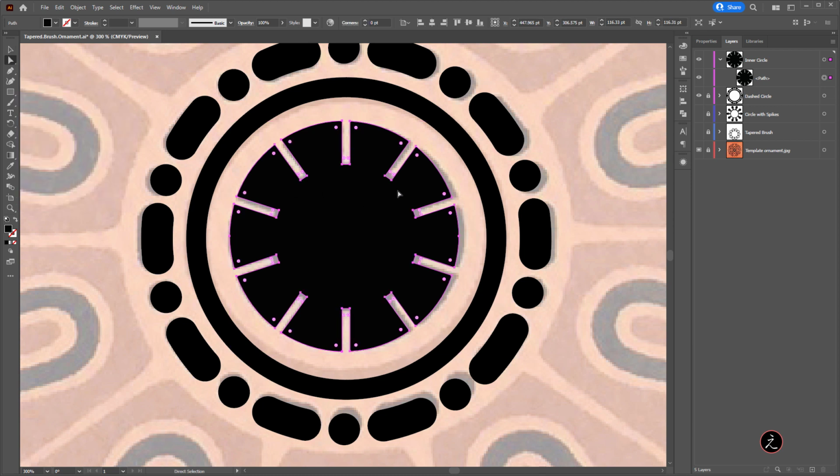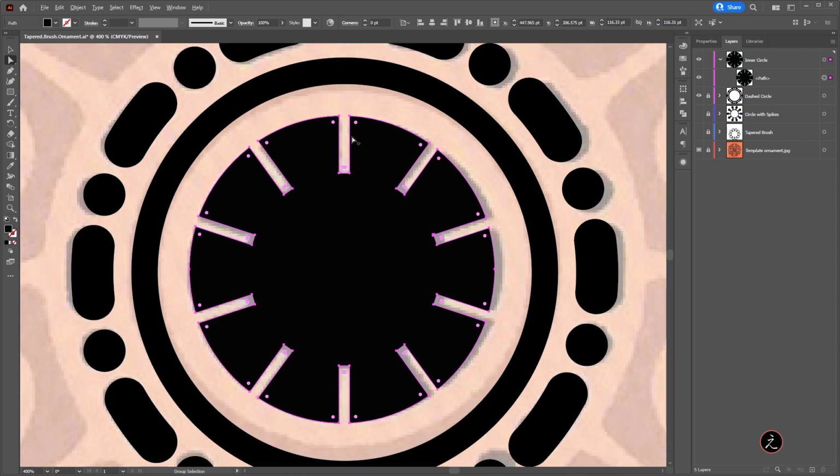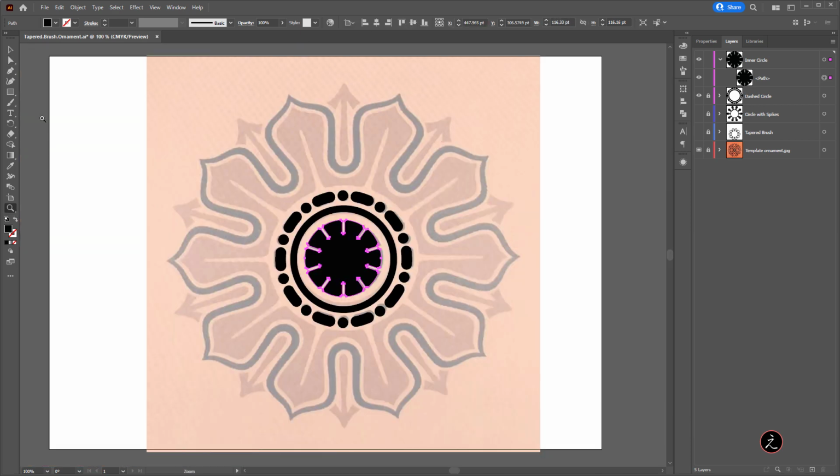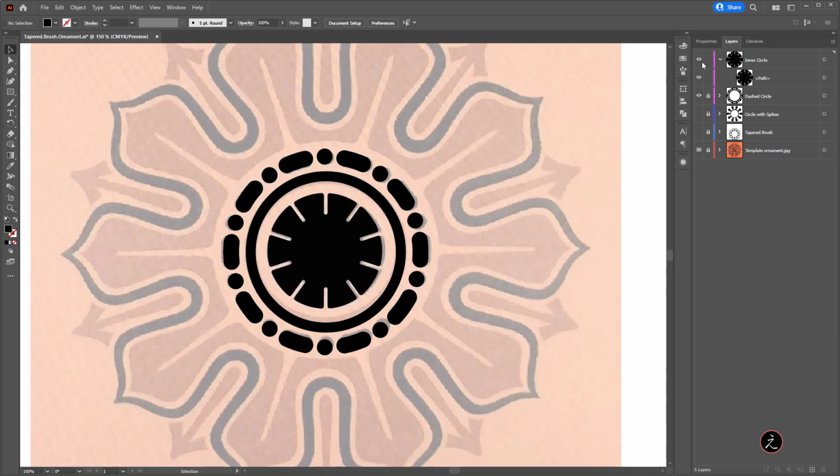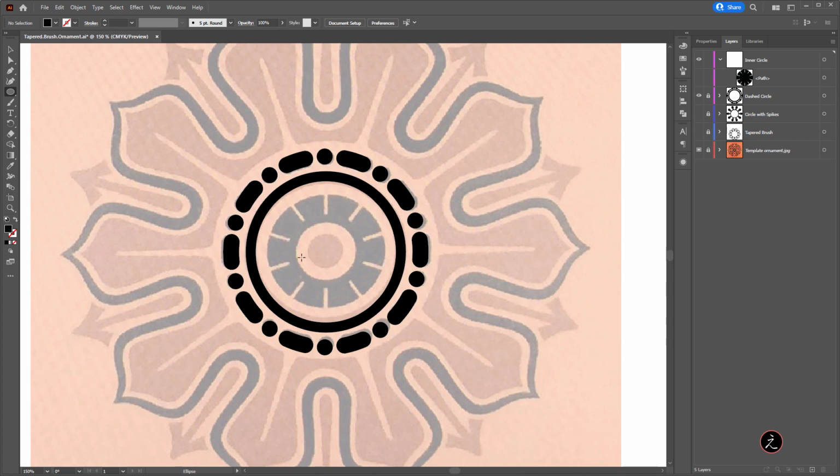And the moment I do, we get again the live corners widget, which is this one too. And all I'm going to do is just up this to perhaps 1 point or 2. I think 2 will look a little better. So let's zoom out and let's see. That looks pretty good. And let me go ahead and create the inner circle here. So Alt Shift, Option Shift, create that.